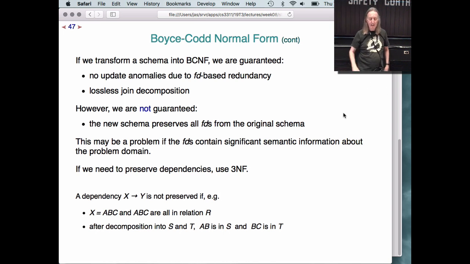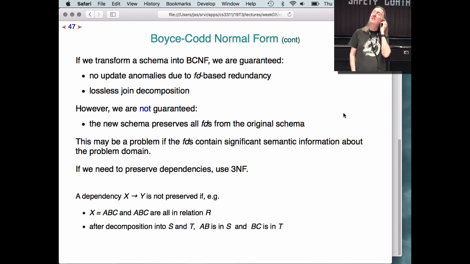However, one thing we're not guaranteed is that all of the functional dependencies that we had in the original system still exist in the final system. How might that happen? Well, basically, there might be a functional dependency on A, B, and C, D, and there might be a functional dependency A determines C, another one B determines D, which apply to the original table, but